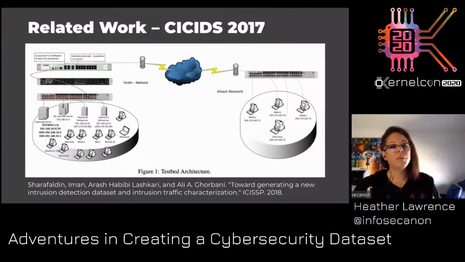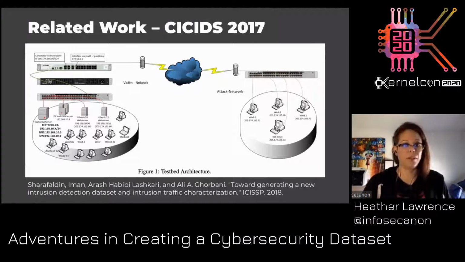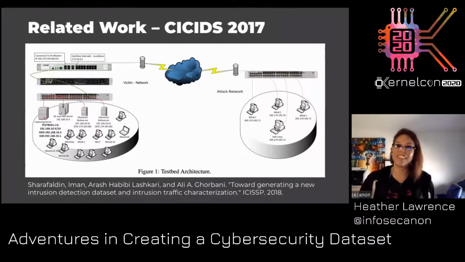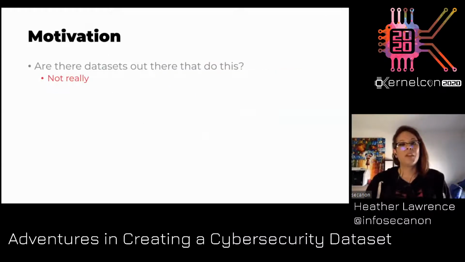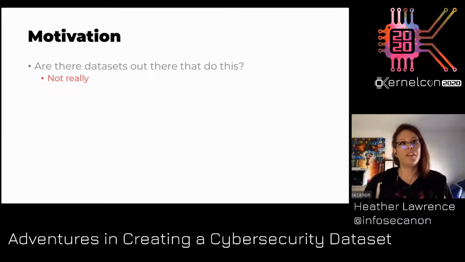The best one that I've seen so far is the CICIDS 2017. Here you can see more of a variety of nodes, right? You see Ubuntu and Mac and Windows. There are actual switches, and there's a DNS server, things you would normally see in an enterprise network that you don't necessarily see in a lot of the earlier academic data sets. So are there data sets that allow us to train machine learning algorithms and test that decision boundary? Well, not really.